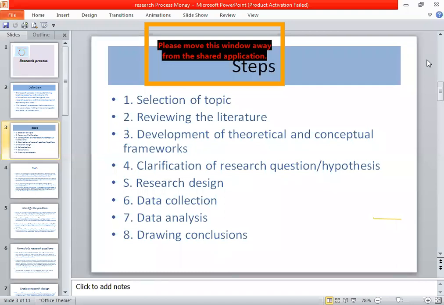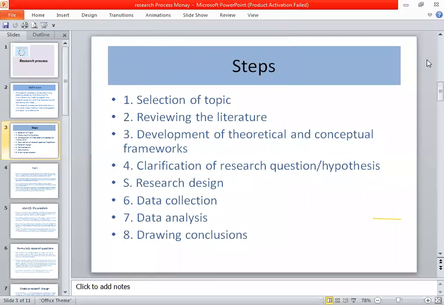After the results, we conclude the findings at the end of the results. Okay. So now one by one again, I will explain these steps of the research process to you, but